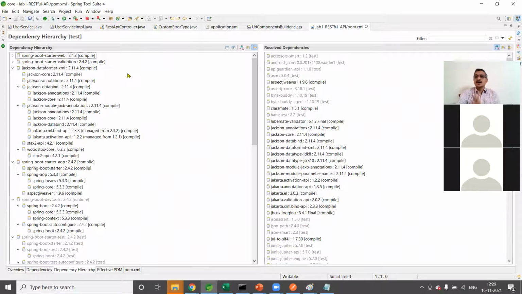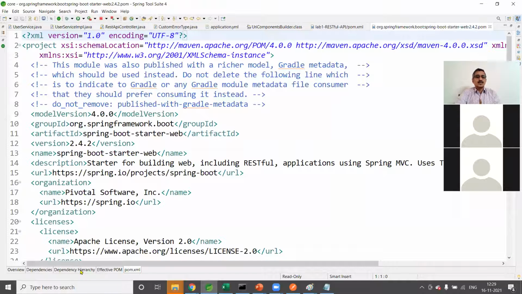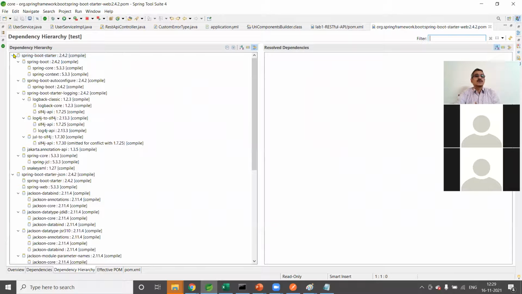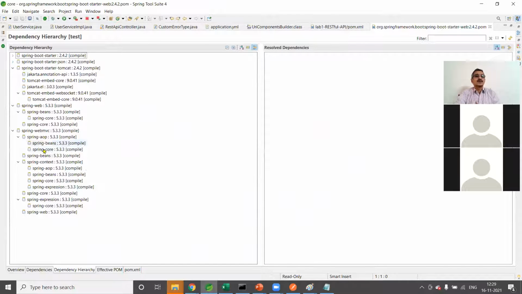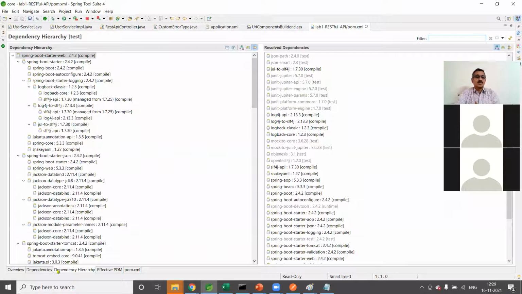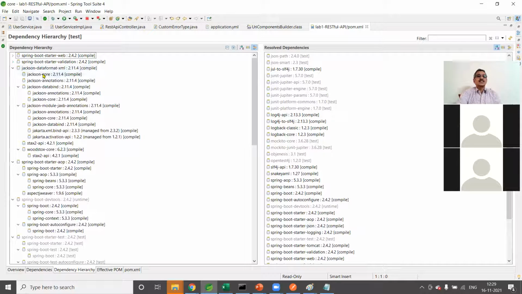If you are trying with JSON, it is not required, because Spring Boot Starter Web internally uses it, okay? JSON is coming. I'll just go back here, close it, and open this pom.xml. Here you see, Spring Boot Starter Web uses JSON. But if you want to use XML, then we need to explicitly mention the JSON data format XML. This dependency is mandatory. Spring Boot Starter Web only includes JSON.